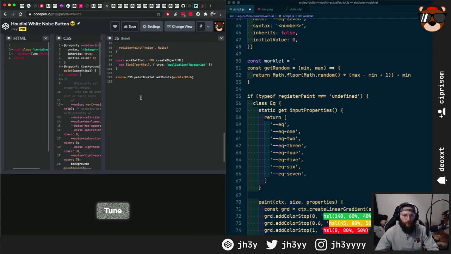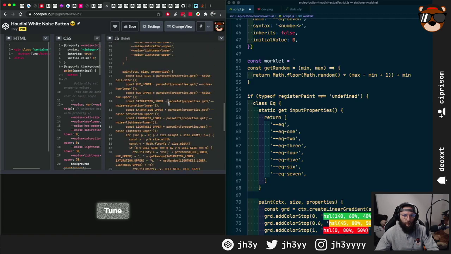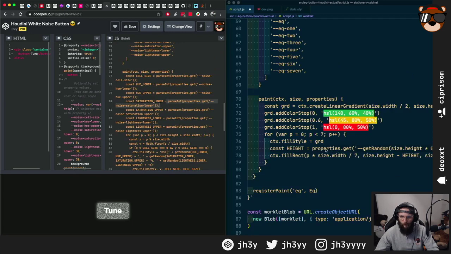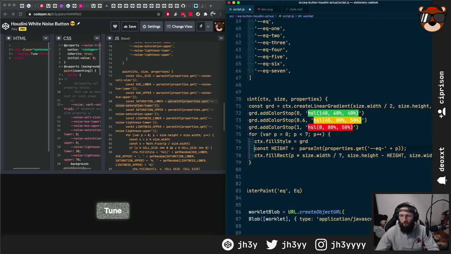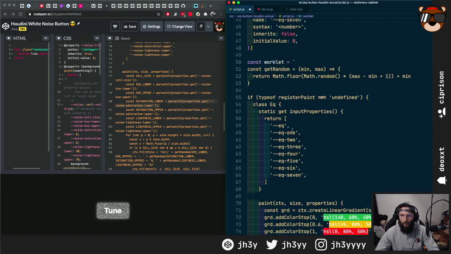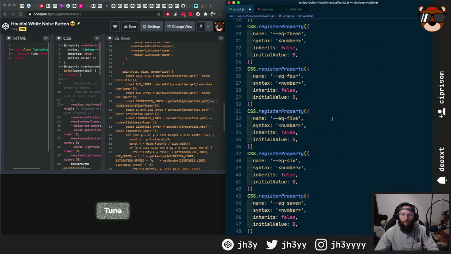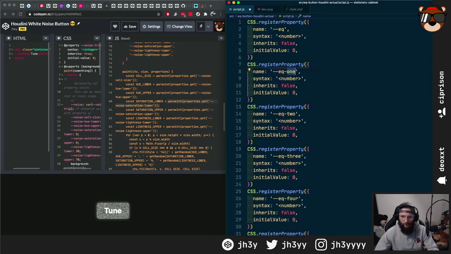It's going to be properties.get. Pass in EQ dash plus P. That will actually be what it is, and I'm going to have to change these to actual numbers so I can use the loop. Which is a bit annoying because I spent ages writing them out, but